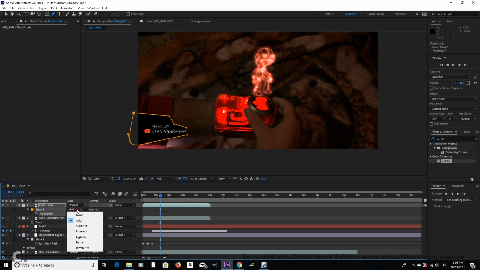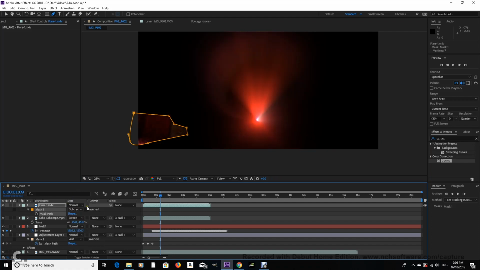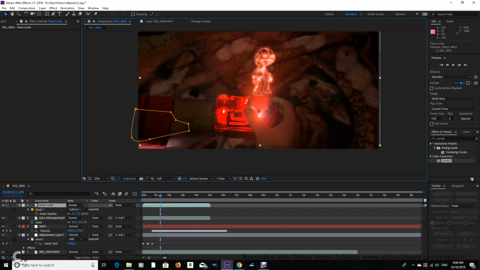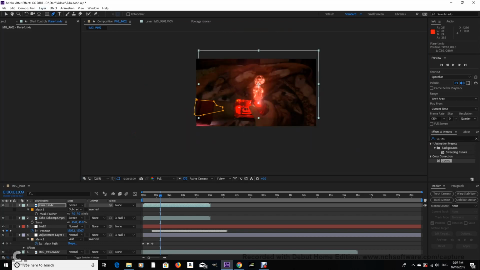Make a mask, set the transfer mode to screen, and set the mask to subtract. And feather it out a little bit. Now move the hologram to where you need it. And there is a little bit of a line, but we can fix this by grabbing the pen tool and